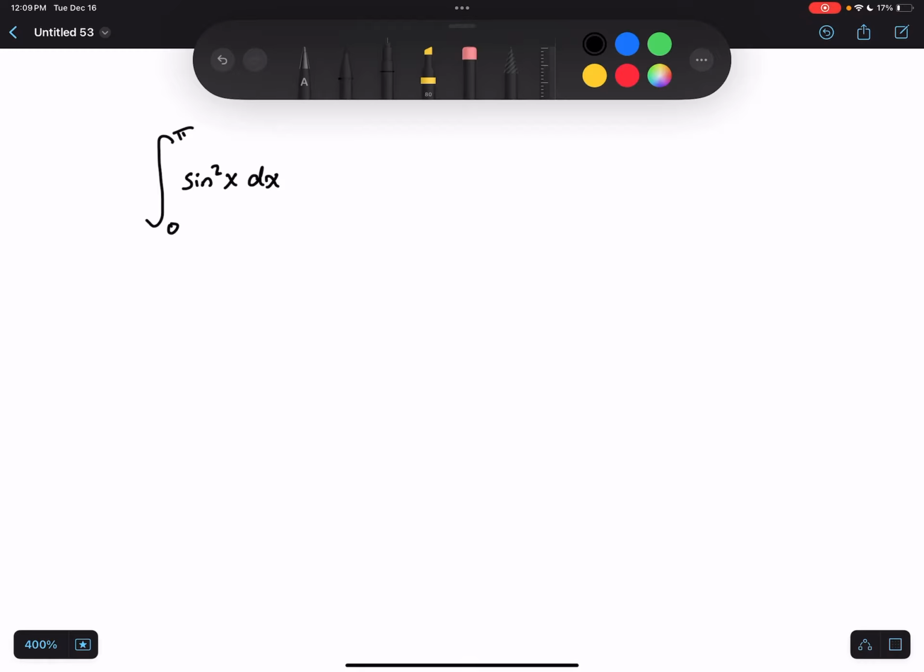We've got the integral from 0 to pi of sine squared x dx. Because we're dealing with a sine squared, this is something that we don't easily know how to integrate, we must use a double angle formula. And for sine, the formula comes with a negative, whereas if this was a cosine squared, we'd be using a